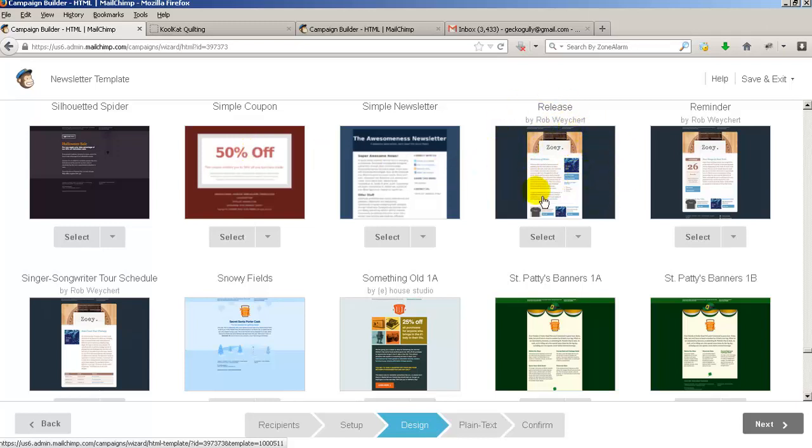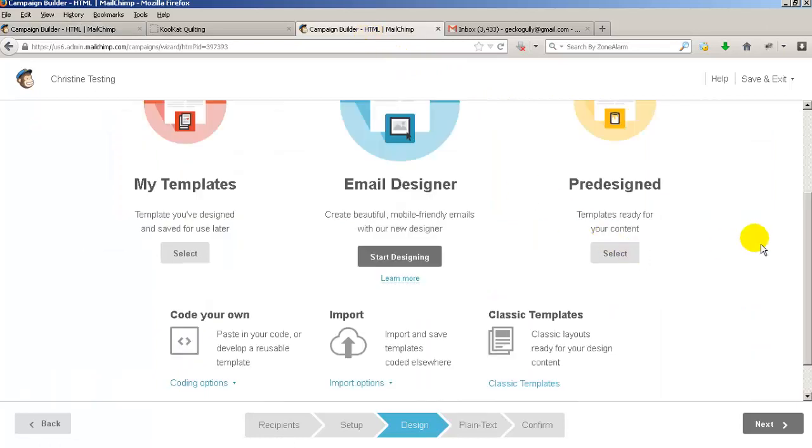So for example, if you chose this one, you're going to have a wide column and a narrow column and then a couple of bits at the bottom. So if you want to choose one of these, that's great. It'd be a good place to start if you're really not sure what you want your newsletter to look like. But let's go back to this other tab